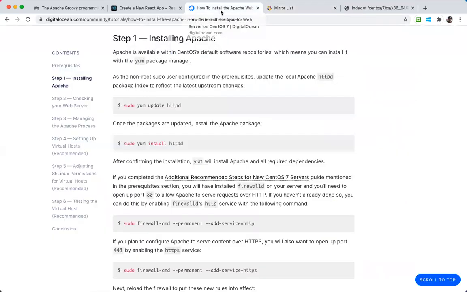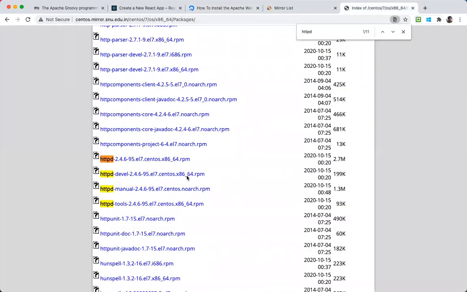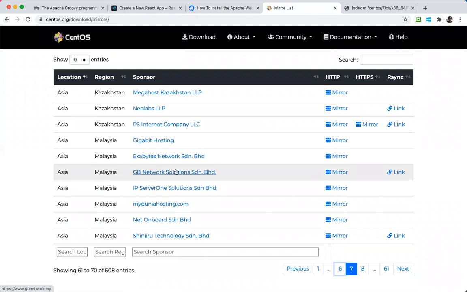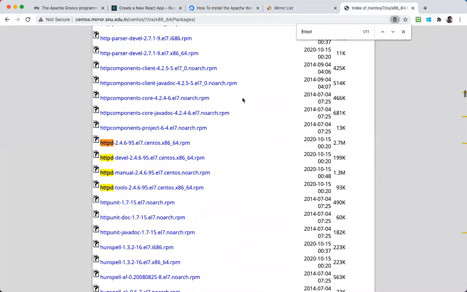So when we say yum install httpd, yum will use the file inside /etc/yum.repos.d, and it will download the package list. So yum is a package manager, right? It has some intelligence on how to search, how to download, and all those things. So when you say yum install httpd, it will check the default mirror list configured in the yum.repos.d configuration file, and it will try to hit the URL and check if there is any package called